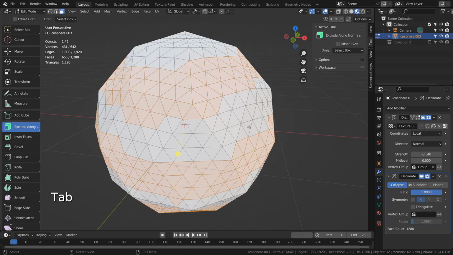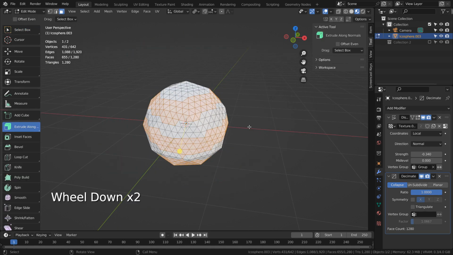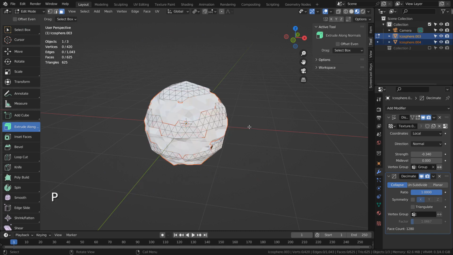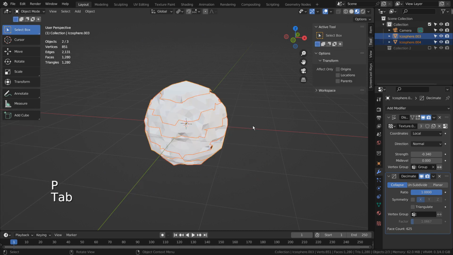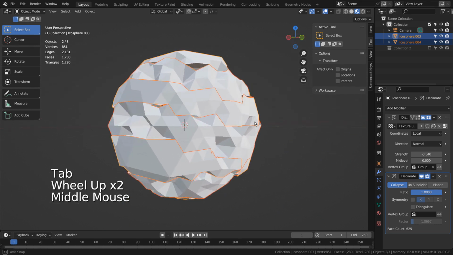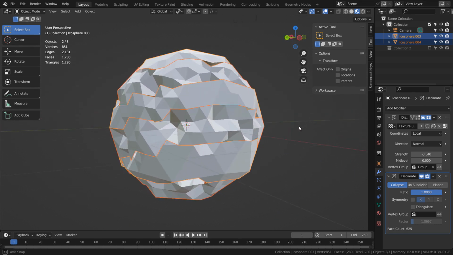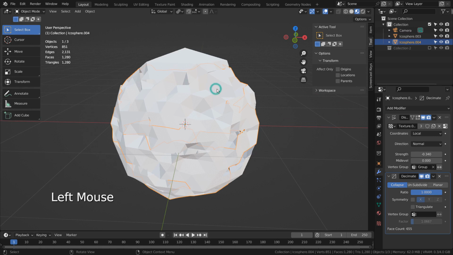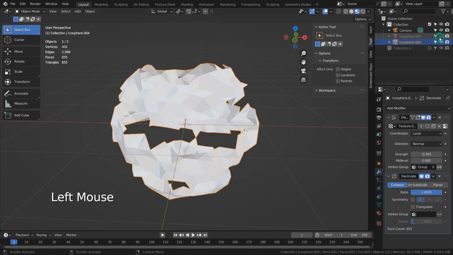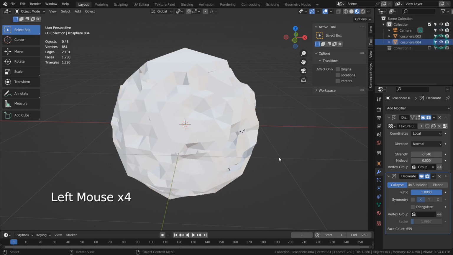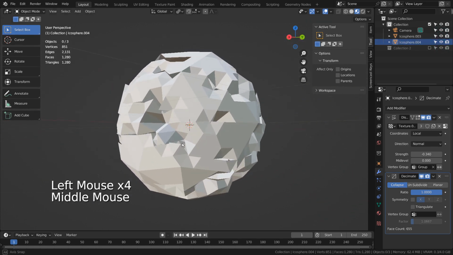Let's separate the selected faces by typing P. This mesh looks good enough, but I'll use a tissue add-on to turn the selection into honeycombs.